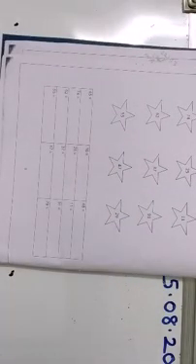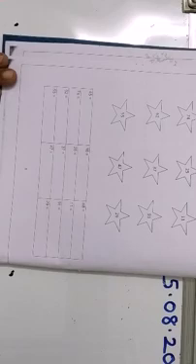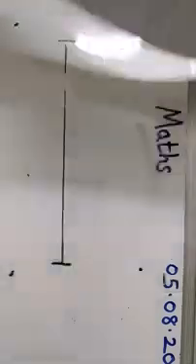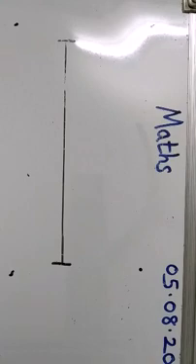This is what I had given you for homework. Now I think everyone who submitted has got the answers right, so I will not discuss this again. I will move to 3-digit numbers now. So children, what do we do first? We need to draw a number line.